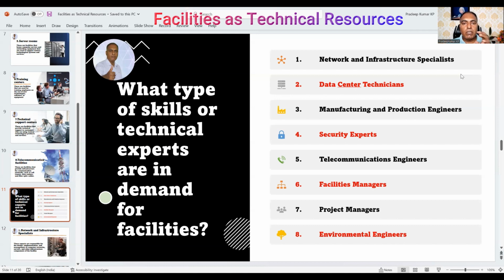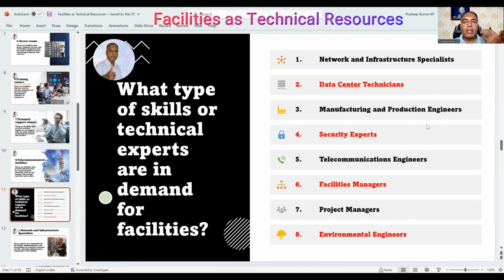So there are different kinds of technical experts required. We just want to bring to your notice that facilities as a technical resource require different kinds of engineering experts. Some of them we are mentioning here, used in the facilities we already explained: networking and infrastructure specialists, data center technicians, manufacturing production engineers, security experts, telecommunication engineers, facilities managers, project managers, environmental engineers.